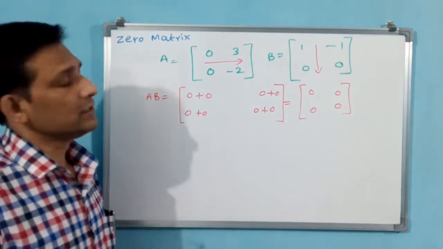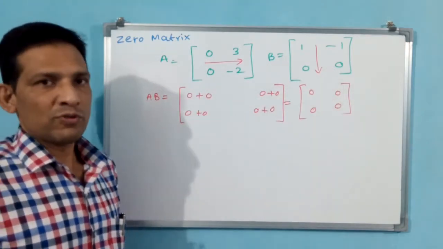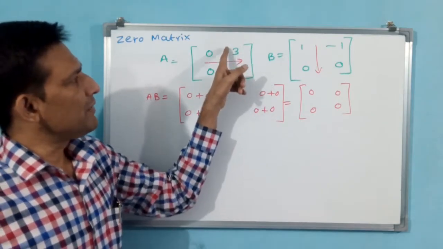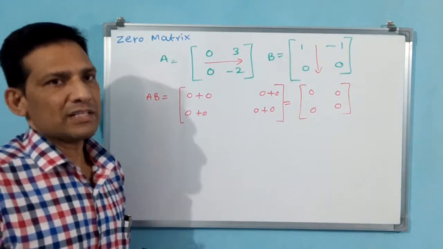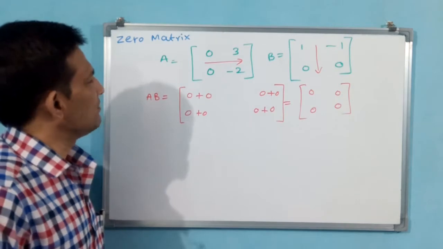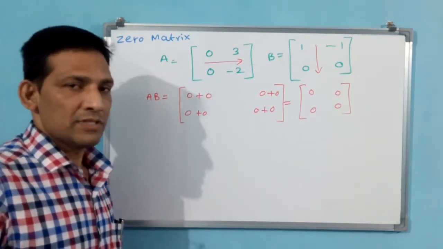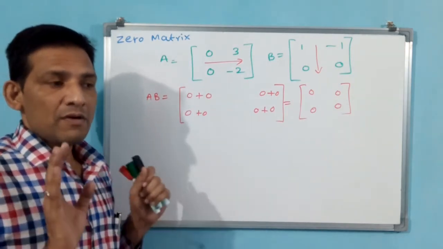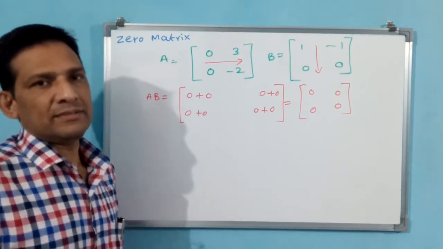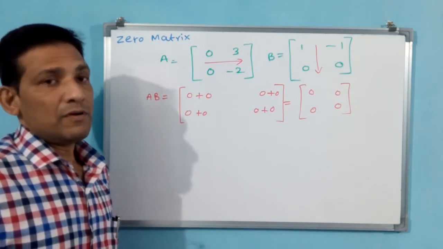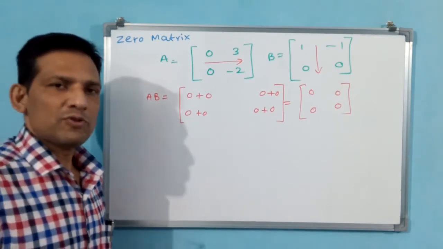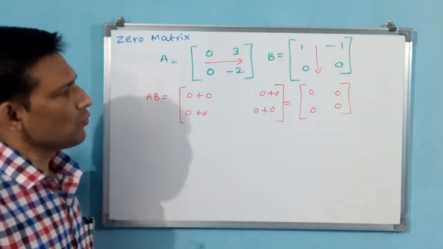We have to note it down. If you make the first column and second row zeros for a 2 by 2 matrix, and change any other numbers, finally the product is going to become 0. That's all. Do you understand the concept? Now we have seen this important concept: in multiplication of matrices, there is no requirement of a 0 matrix for getting a 0 matrix. You have to understand that.